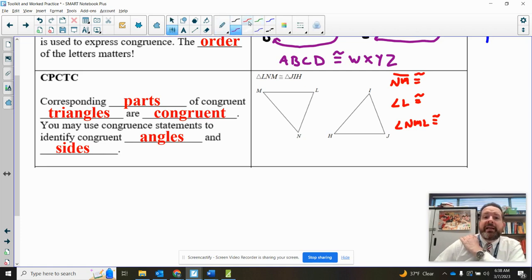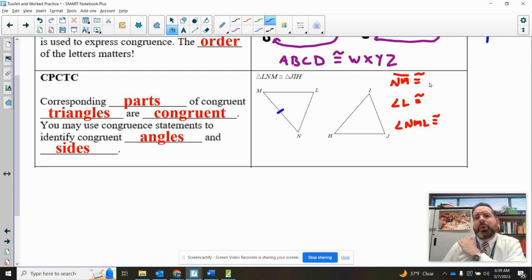Off to the side, in this example, I've got triangle LNM is congruent to triangle JIH. Remember, the order is important. So when I'm told here that in the first triangle, if I'm looking at segment, that's the two letters with the bar on top. So it's this line on the side, this line segment. Segment NM